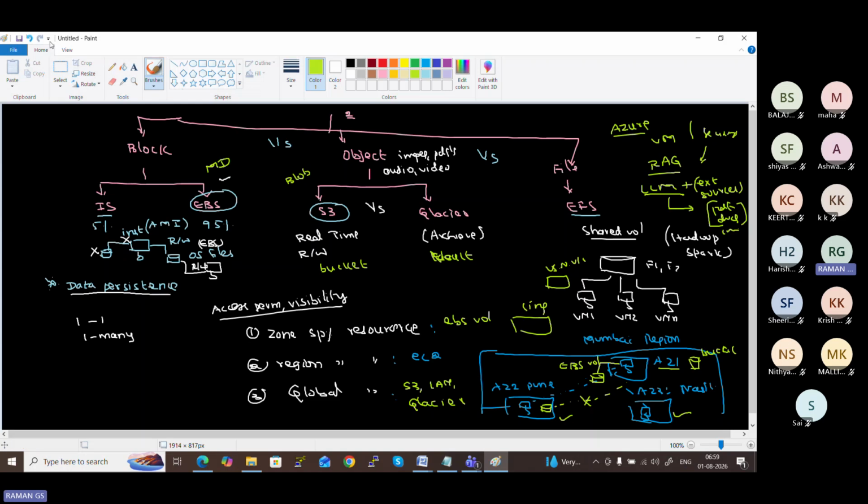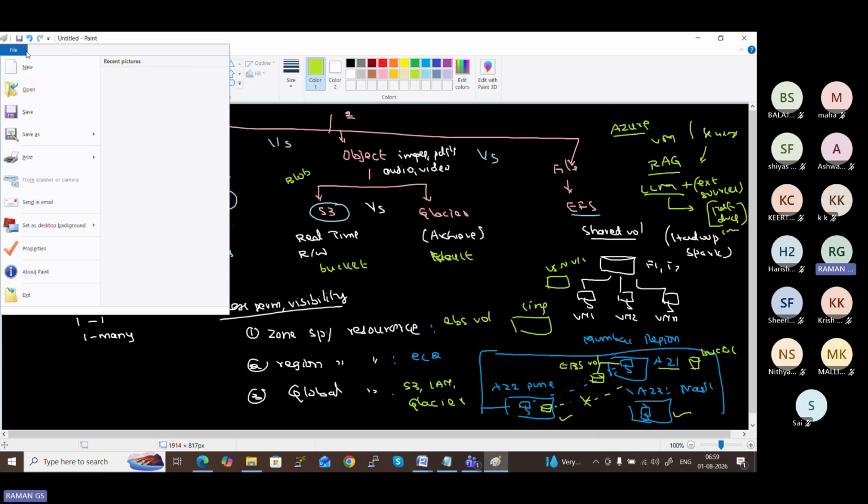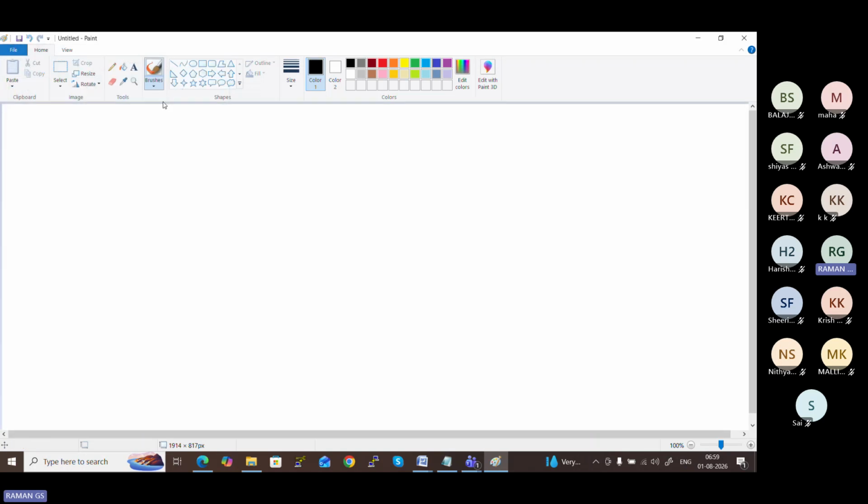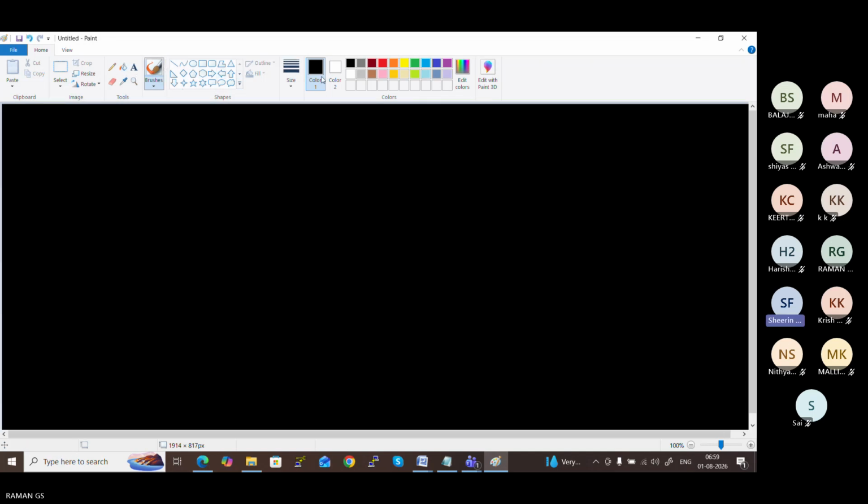Okay, first, this is the first practical that I am planning for. You already know how to create an instance. When you create an instance, a hard disk is created by default, which we call the root volume, used for storing operating system files.